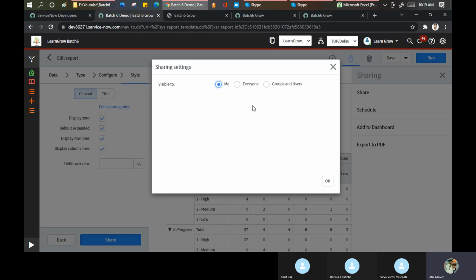If you click on share, you can share with me, with everyone, with a specific group or user. Like Ankit said, I am working as a change manager. I created a report. I want all the change coordinators in my team to follow this report. Create and share that. Okay. So that is the way you can do that part.